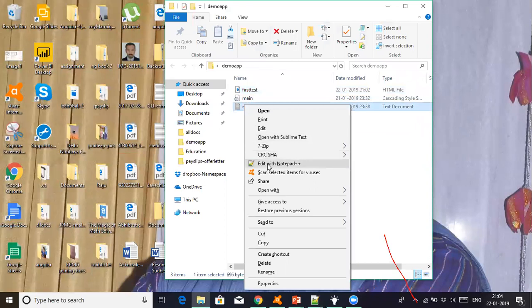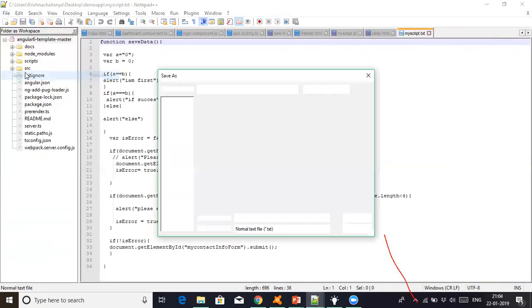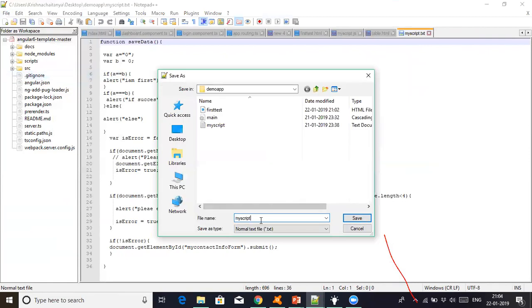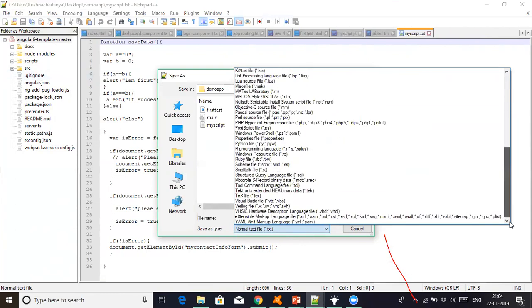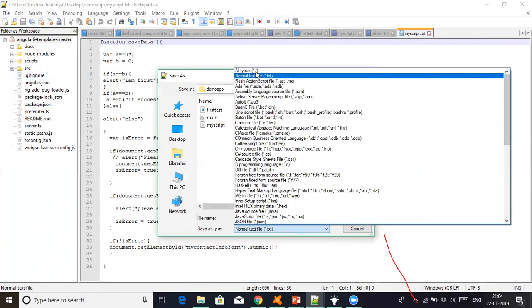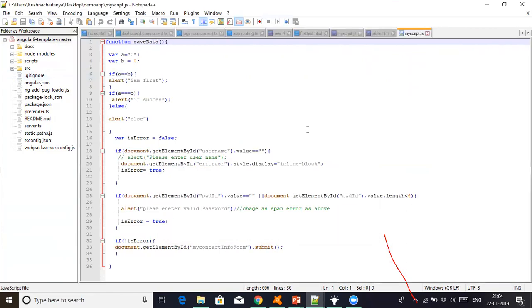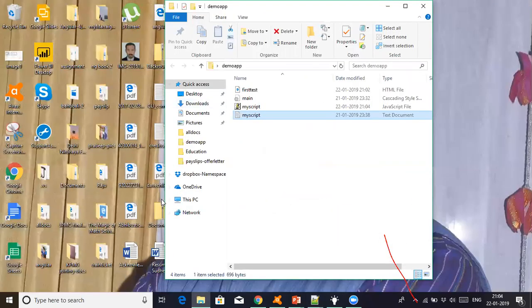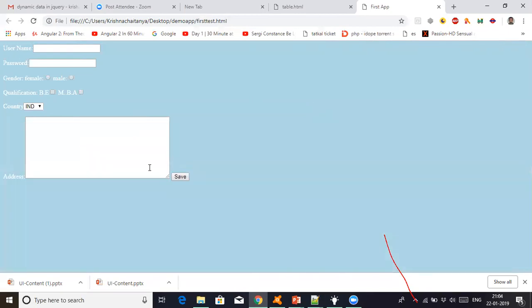Okay, file save as. Now that error is gone. So when I click save,